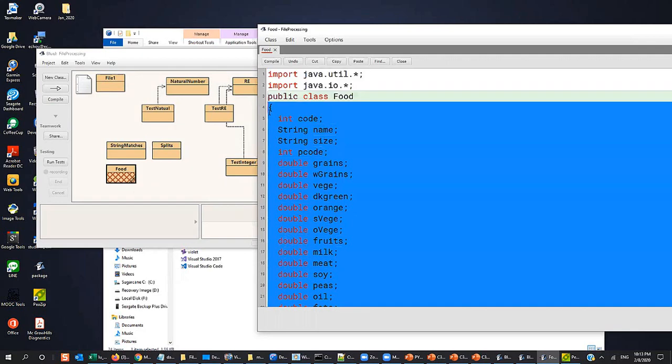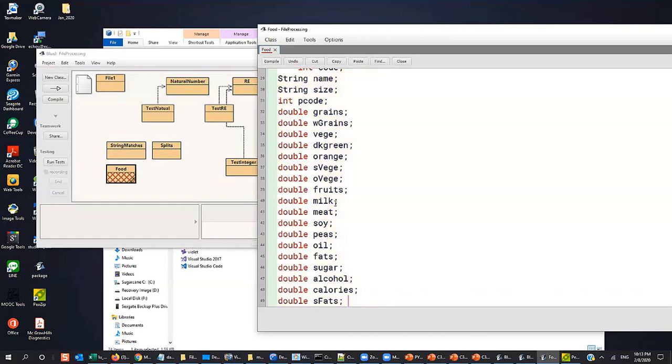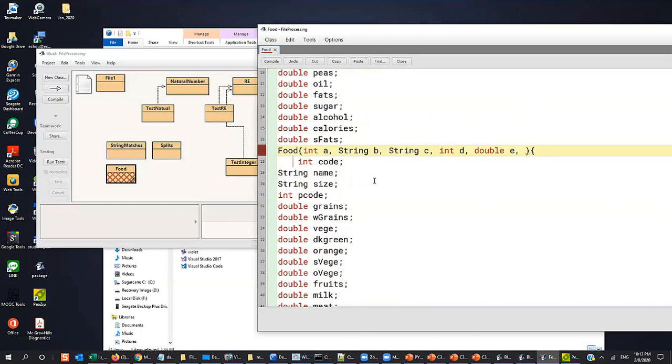A better thing is to copy the whole thing over here, and we do this guy equals A, this guy equals B, this guy equals C, D, E, F, G, H, I, J, K,